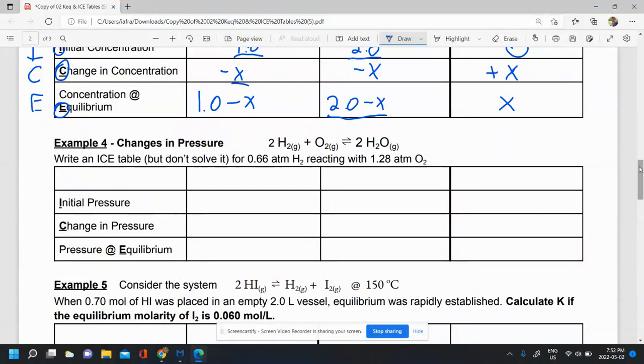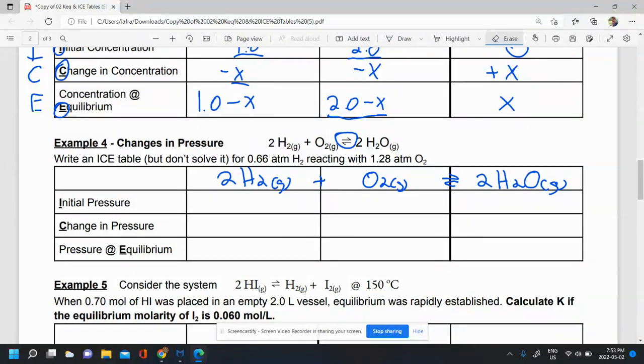So try this example yourself first, and then afterwards, you can check your work by taking a look at the video. Here we have another system that could head towards equilibrium. We see that with the double arrow. We'll set up our equation at the top. 2H2 gas plus O2 gas produces 2H2O gas. Over here, we'll put our molarity. And actually, in this case, it's not molarity. If we read the question carefully, it's actually